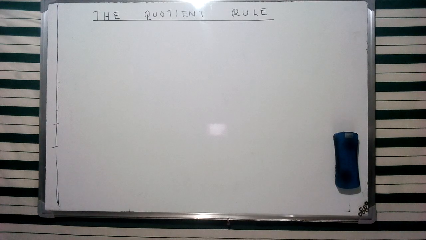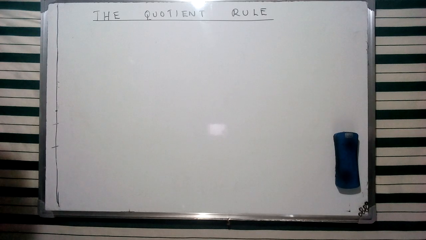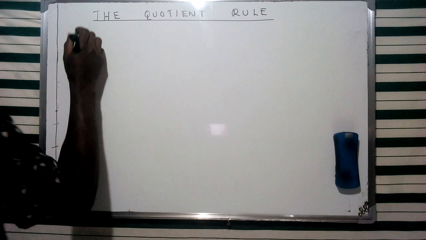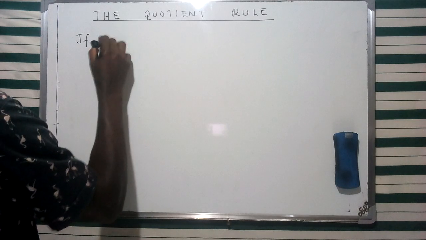Today we're going to look at the quotient rule. And of course, the quotient rule is going to give us a general formula that is applicable insofar as quotient functions are concerned. So in this case, we're going to do an application in terms of a theorem, whereby we are going to have two functions, whereby if g and f